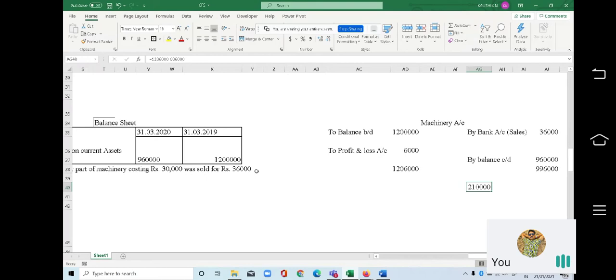2,10,000. Where will you show that amount? Debit side or credit side? Okay, 2,10,000. I'll show it, and I'll make this side also 12,06,000. But tell me what name I'll give for this 2,10,000. What is the account that I'll map for this 2,10,000? I've got it on the credit side. So what does this 2,10,000 denote? Any idea?